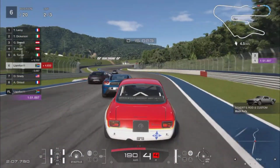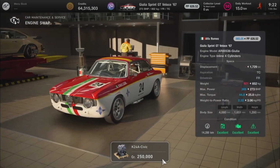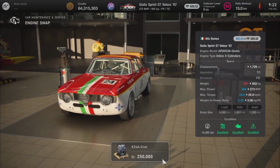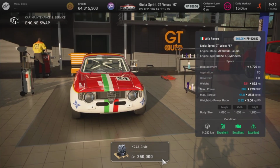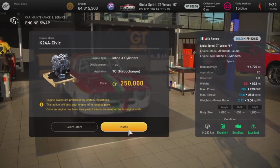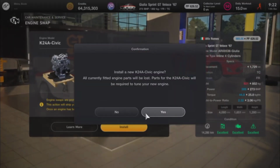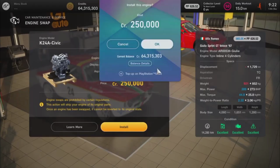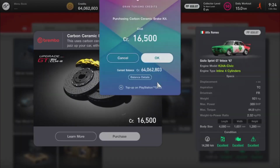But now, with update 1.54 to the game, we can now engine swap the Alfa Romeo Giulia. The engine that can go into it is the K24A of the Honda Civic. When it says Civic, it's actually the Garage RCR Civic. This means that when you take it over to the tuning shop and fully upgrade the engine, we are going to be left with